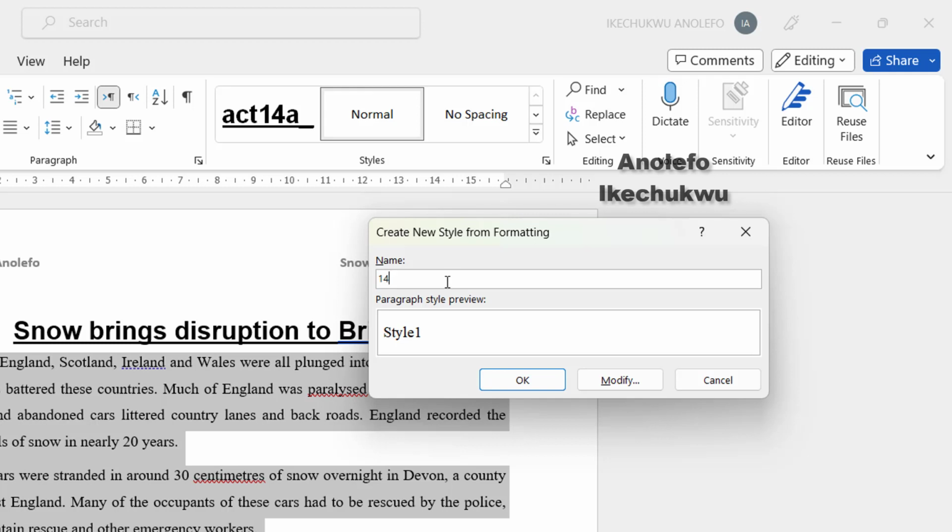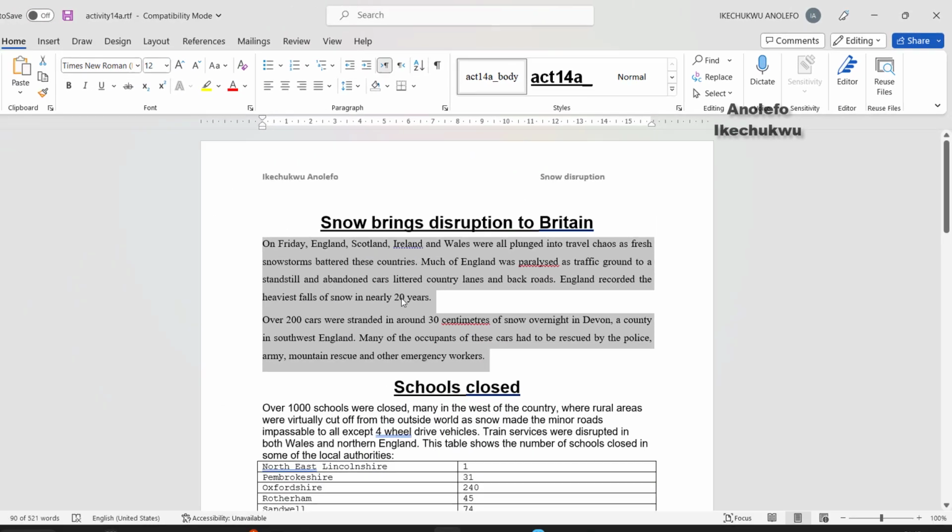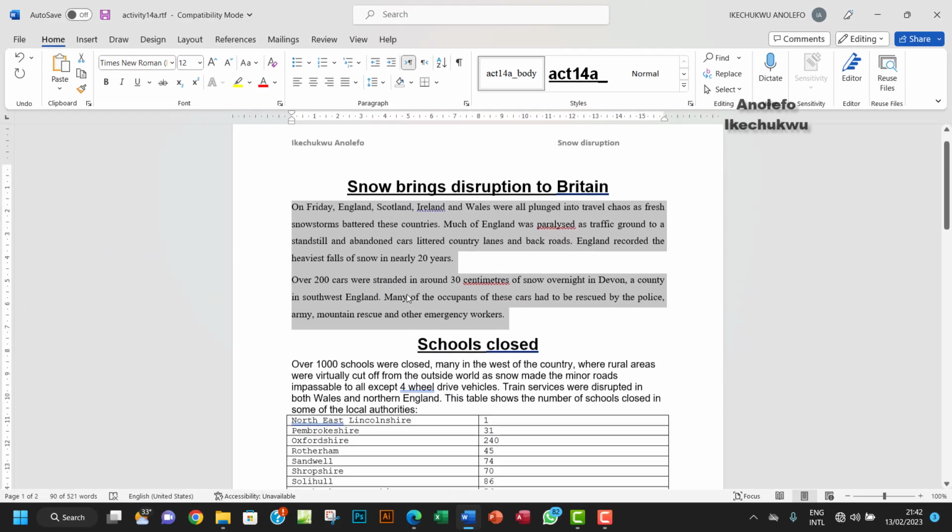14A. Let me save it as act 14, sorry, 14A underscore body, something like this. So I'm just going to save it. So I'm going to apply this body to the rest of the